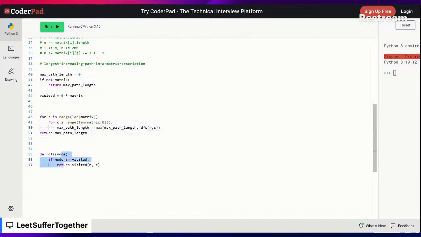Okay, so here RC would go in here, and if RC isn't visited, to be honest, this could be a case sometimes, but not all the times, and I'll mention why that's the case. Okay, so assuming that we have RNC in our visited,